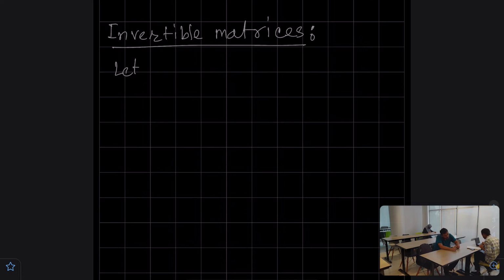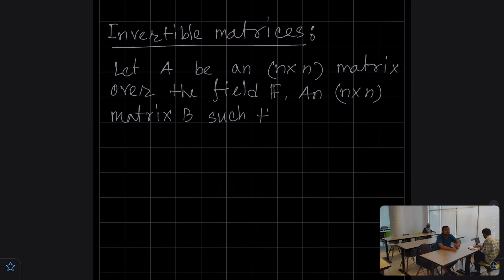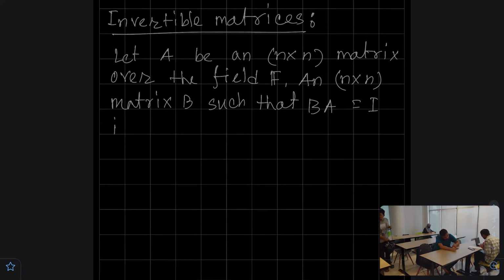Let A be an n cross n matrix over the field F, and an n cross n matrix B such that BA equals I is called